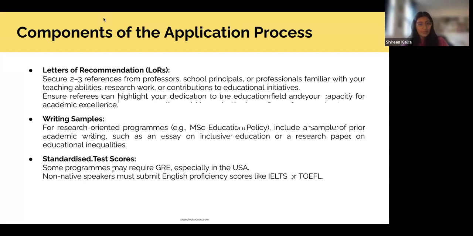But if you have the time or a previously written sample, it's always a good idea to submit something which does correlate to what you're applying for. If you do have time, maybe you can try what I did specifically. I didn't really have many things written on education because that wasn't what my undergrad was in.